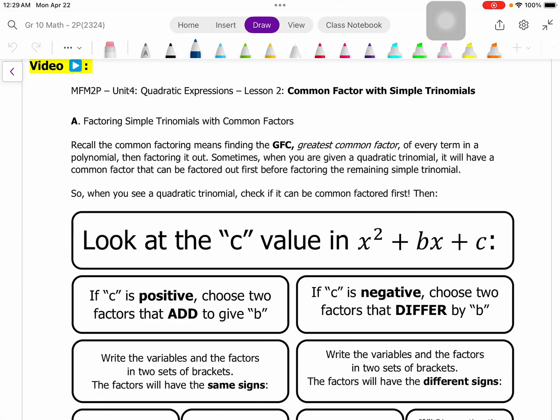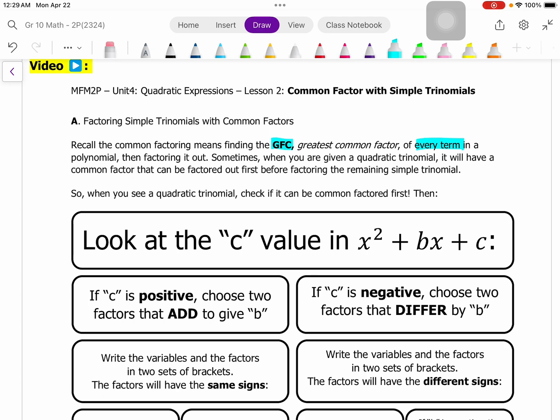In this lesson, we're going to factor simple trinomials that have a common factor as well. So we've looked at both simple trinomials and just common factoring in previous lessons. In this lesson, we're going to put both of those together. So common factoring just means that we're going to find the greatest common factor of every single term in the polynomial, and we're going to factor that out, which means we're going to divide each term by that number and variable. So that's the first thing that we're going to do today, and then we will be left with x